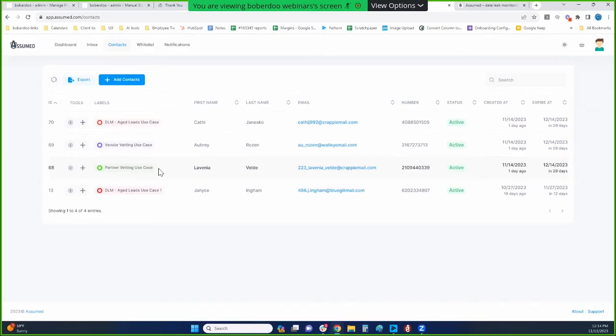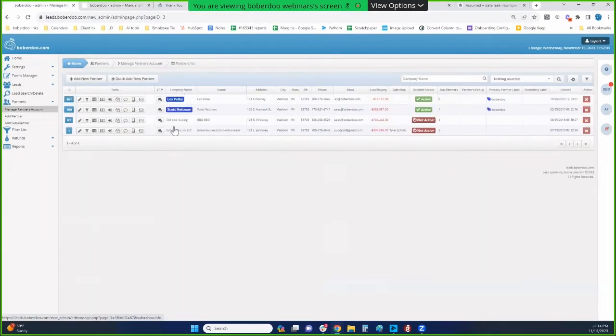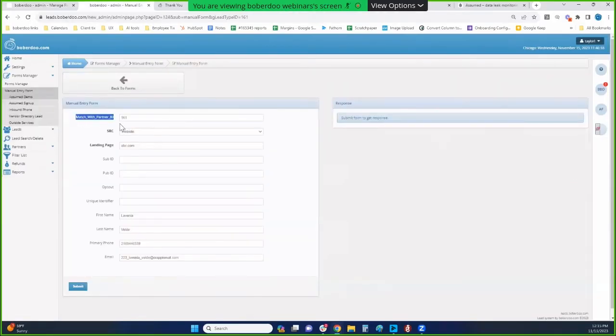The next use case then would be for partners. So in this case, I am vetting a new lead buyer that I'm onboarding. A little bit more complex here because we have money to deal with, and when. So maybe the first lead, and then you're transparent with them, or mixing it into their first batch of leads. You can do this through the manual entry form in the lead system, and then just utilize the match with partner ID. So let's say in this use case, I'm going to onboard Lex into lead.boberdoo as a